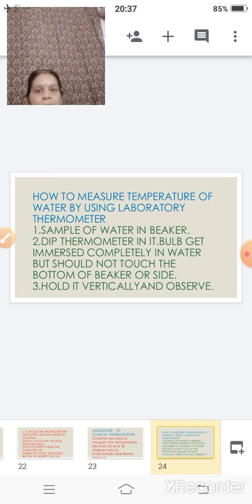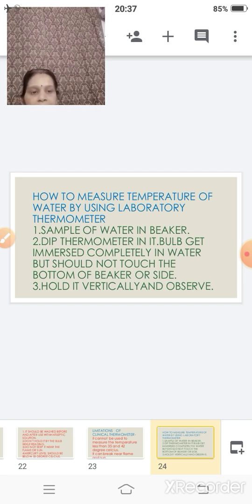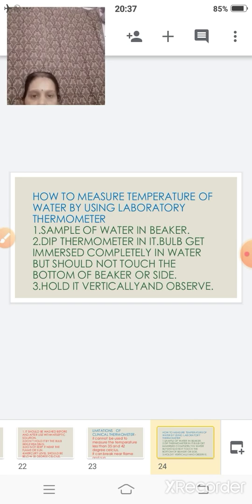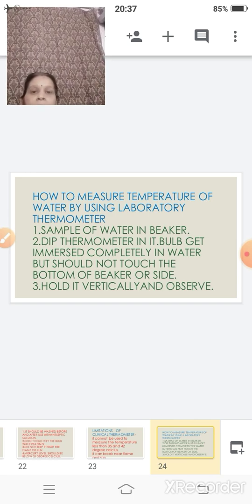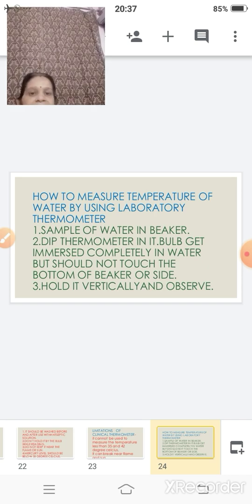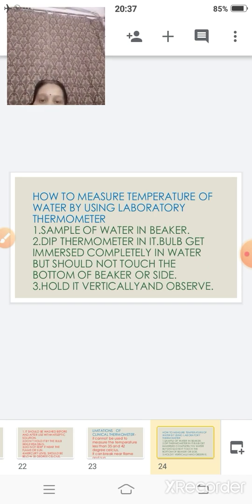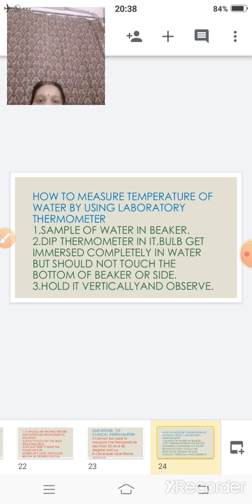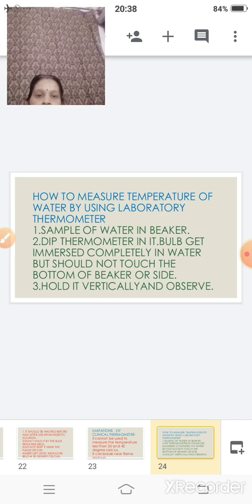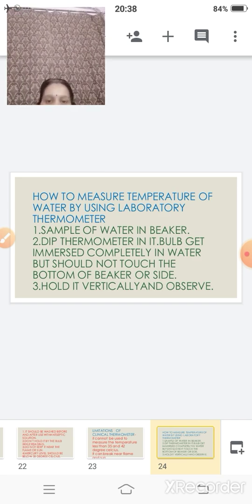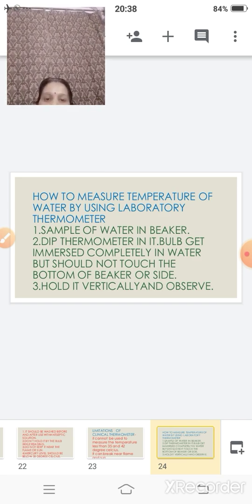water by using a laboratory thermometer. For this, I will tell you a few points which should be taken care of. First of all, we take a sample of water in a beaker. Now we will dip the thermometer in it. The bulb gets immersed completely in the water, but it should not touch the bottom or the side of your beaker. Hold it vertically